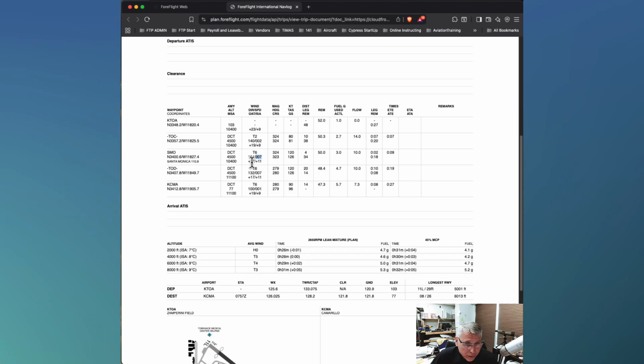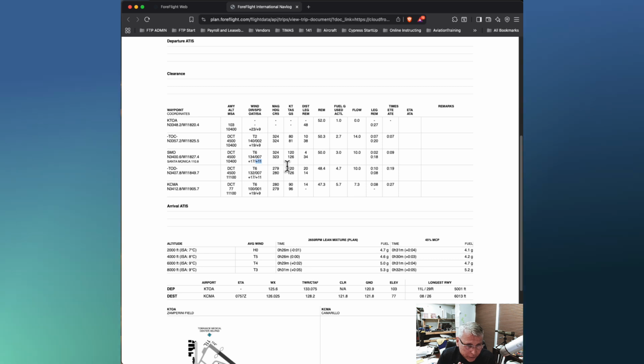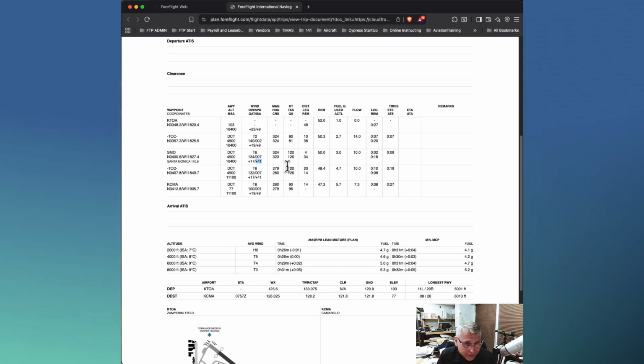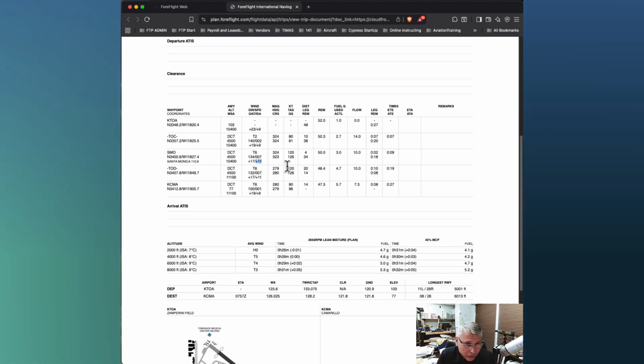Then this next element is outside temperature. And then this is the differential in terms of standard temperature for this altitude. A couple of details on this. Remember, standard temperature at the surface is 15 degrees Celsius. And at this altitude, 4,500,